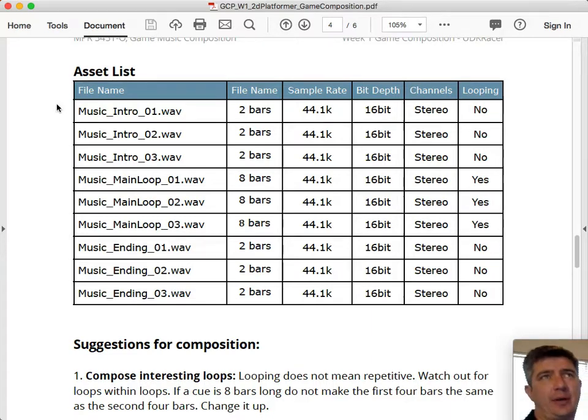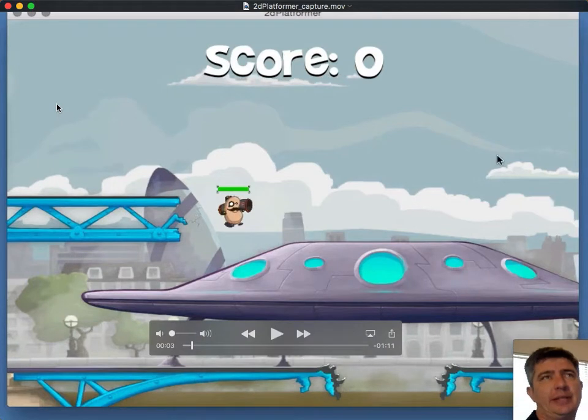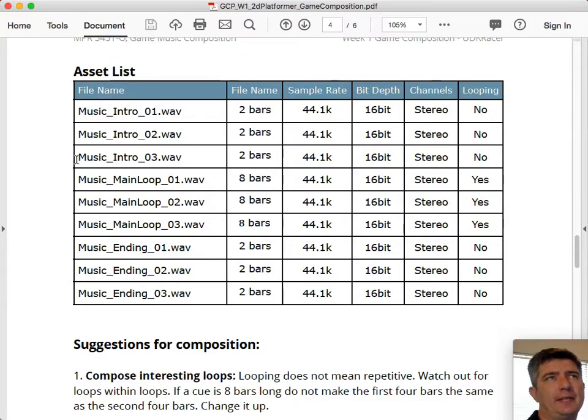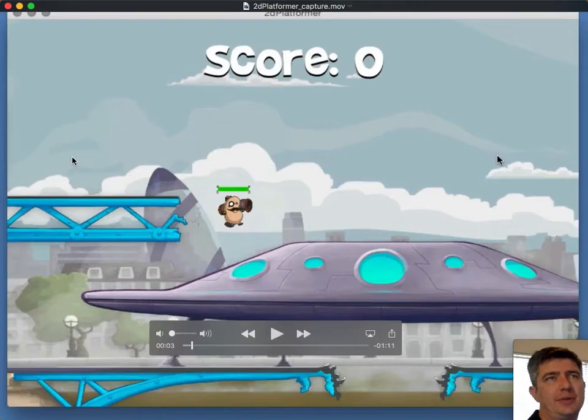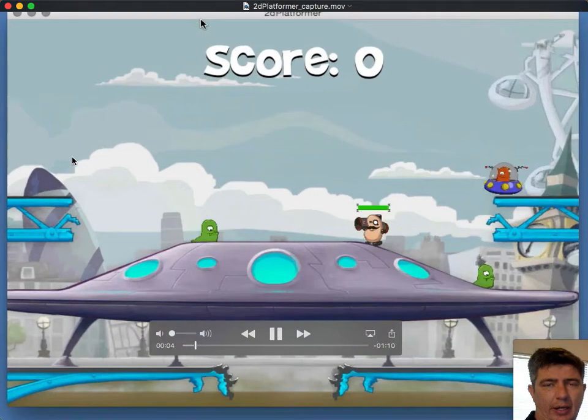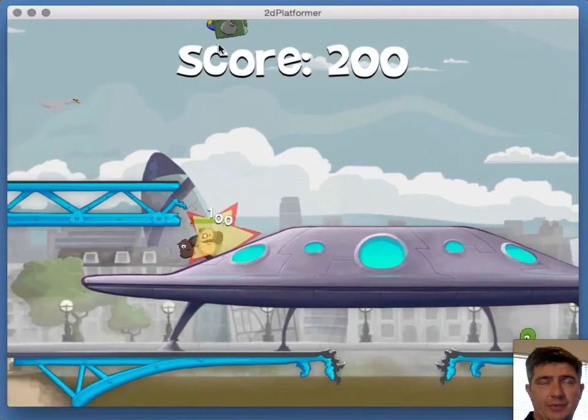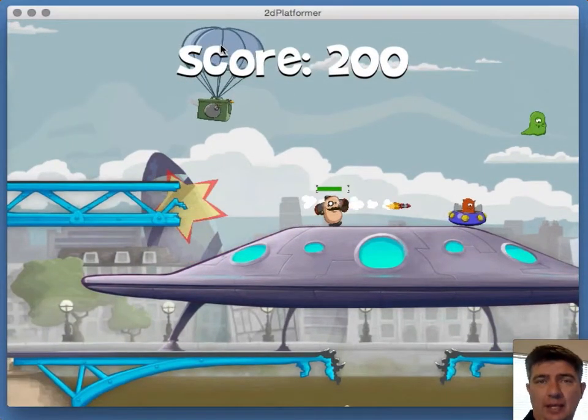So randomly choose one and play it all the way through those 2 bars. So the game starts. It plays. Let's say it chooses intro 3 here. So the game starts, plays intro 3, and it plays it for 2 bars. Now your game knows nothing about your music. It doesn't know what tempo you're at, what time signature you're at, bars or beats or anything. It just knows when the first 1 or 0 happens and the last 1 or 0. When all the bits run out, it knows that it stops.